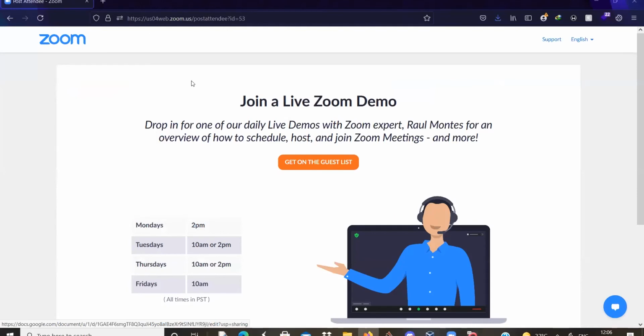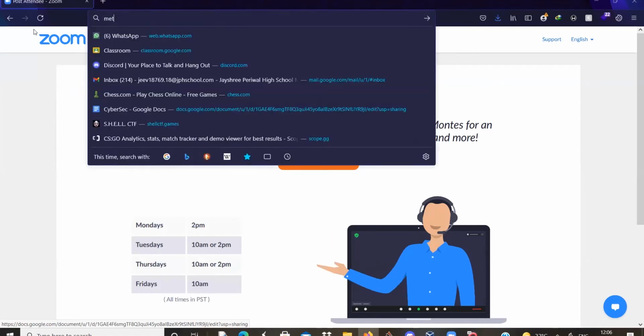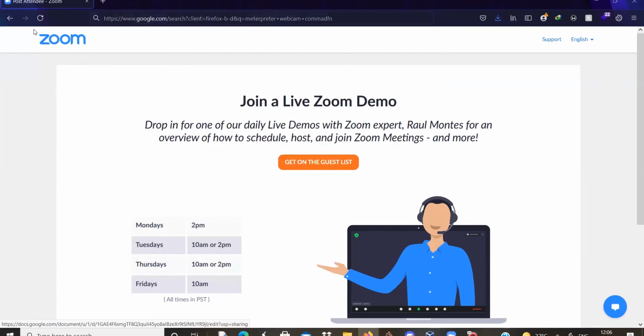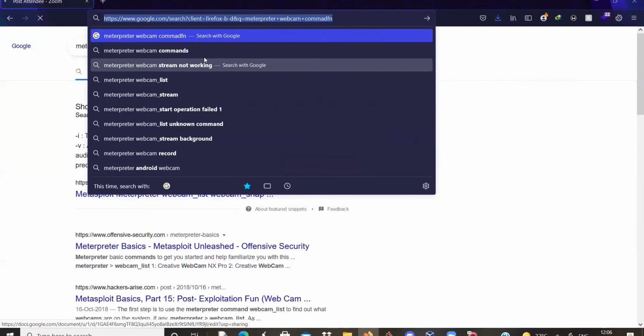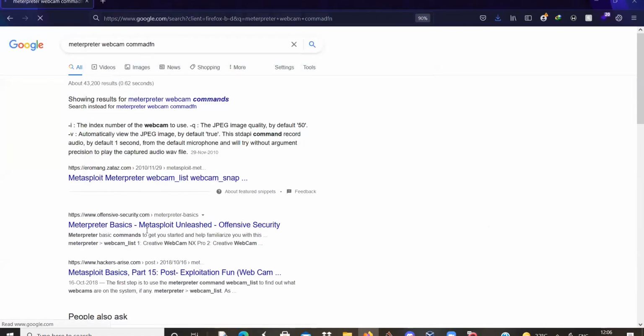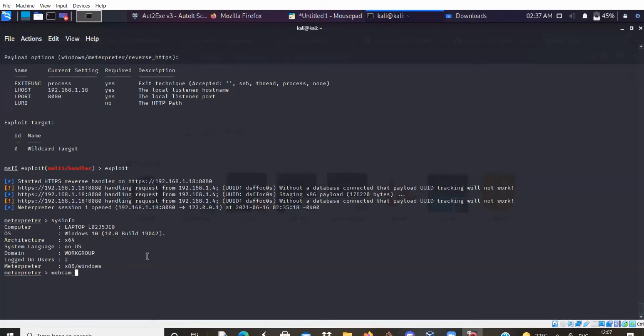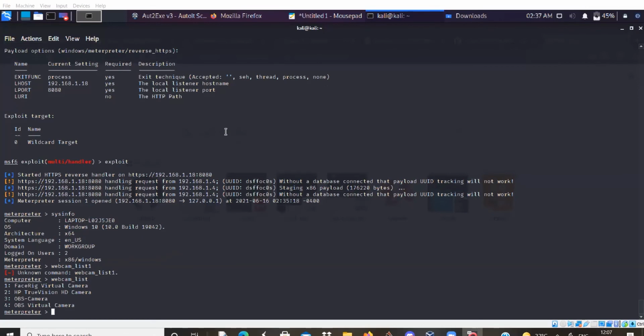We can just look at Meterpreter commands by themselves, starting with webcam_list. All right, so you can see the webcam I'm using.